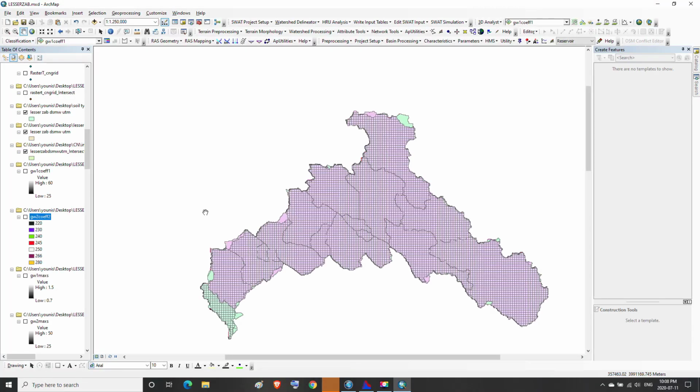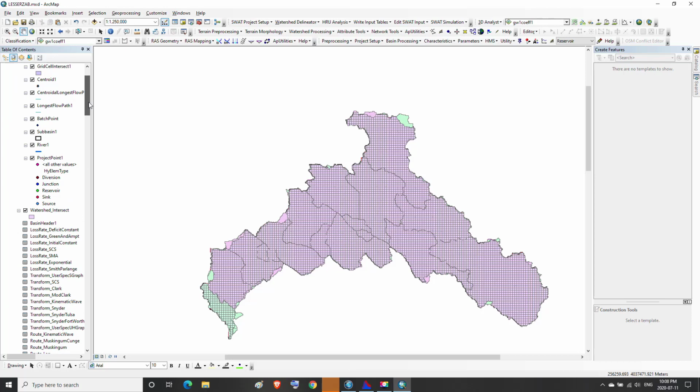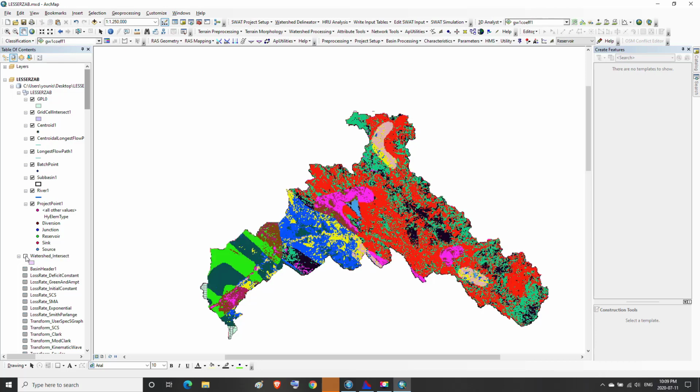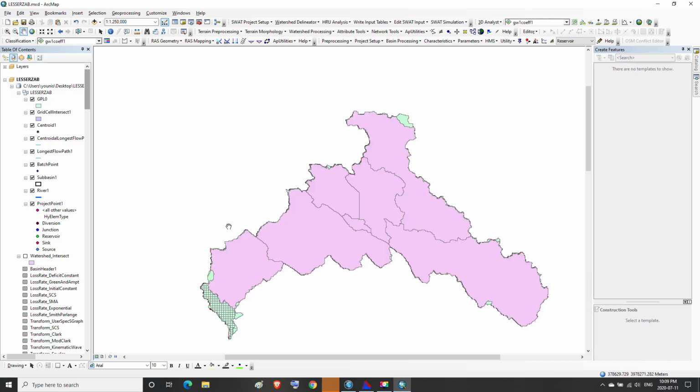Now we return to the ArcMap. Then we save the project by pressing on Save.